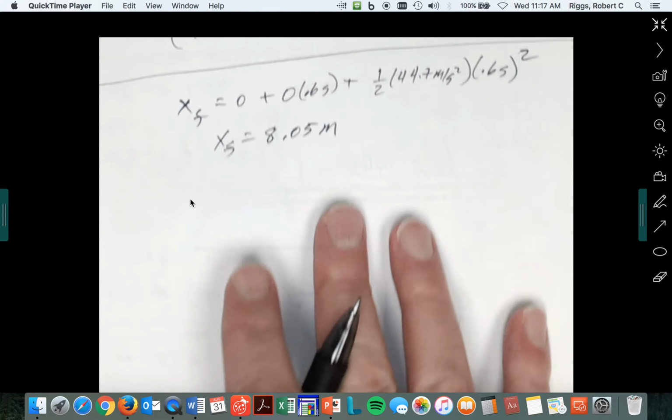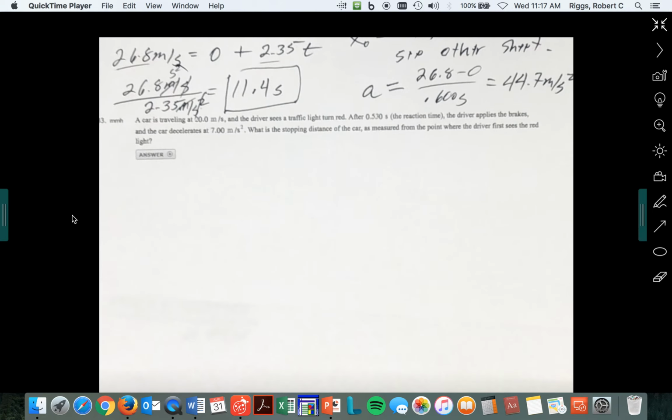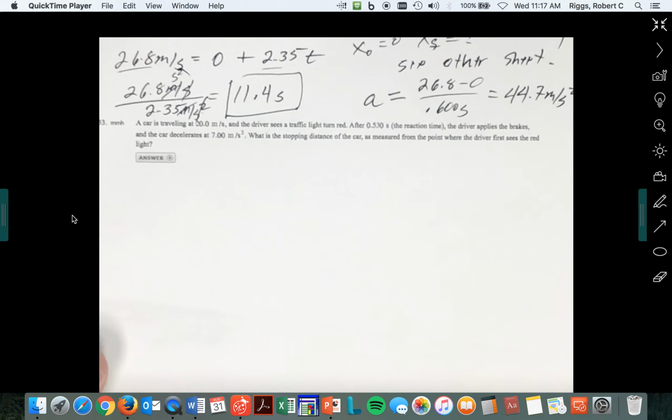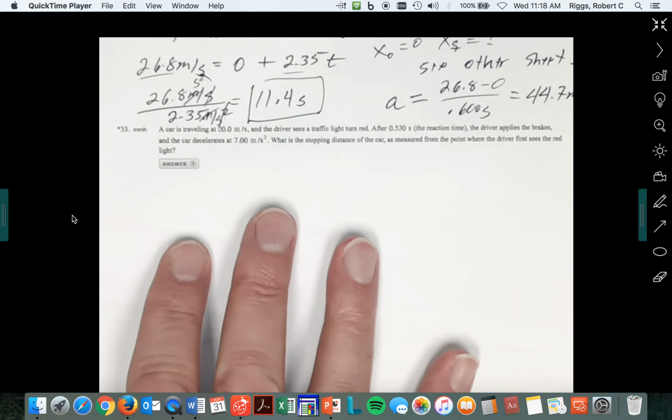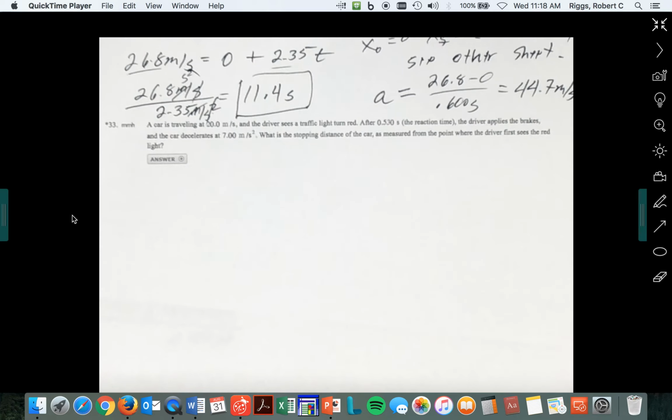Okay, so, well, that was fun. All right, now, this next problem's kind of tricky. Let's get this out of the way. It says a car is traveling at 20 meters per second. This is problem 33 in your book, if you want to get a better look. And the driver sees a light turn red after 0.53 seconds, the reaction time. This is a very good problem. Now, this is a starred problem, which means it's a little bit harder. That means it's an engineering type problem. They don't want to scare you little biology and chemistry majors. I don't know why. You're smarter than most engineers I know,